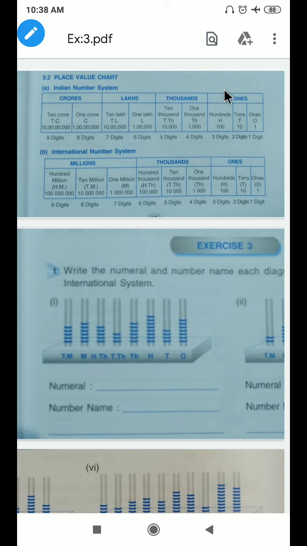So compare between them. In the Indian number system there is called ones room, and in this ones room belong hundreds, tens and ones. And in the international number system this is also the same. This is ones room, and this ones room belongs ones, tens and hundreds. These two are the same as in the Indian number system. Now go to the next room. This is thousands room in our Indian system, and this is thousand room in the international number system.